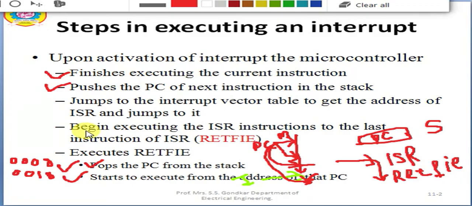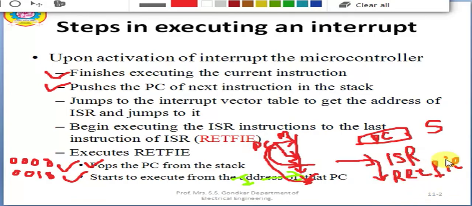Step number 3 to be written is: the microcontroller gets the address of the ISR from the interrupt vector table and jumps to it. It starts to execute the interrupt service routine until it reaches the last instruction of the subroutine, which is RETFIE, which is shown over here.